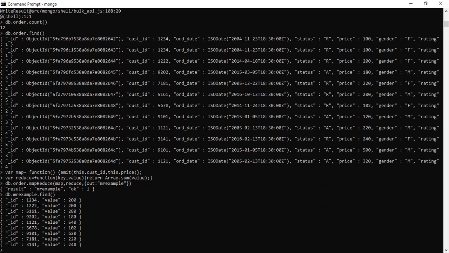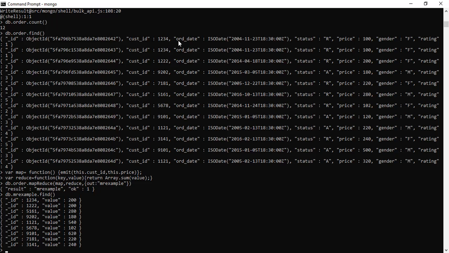Customer ID and value get printed, but here the reduce performs a summation of price. The repetition of customer ID is removed, and it performs addition for the same customer ID.